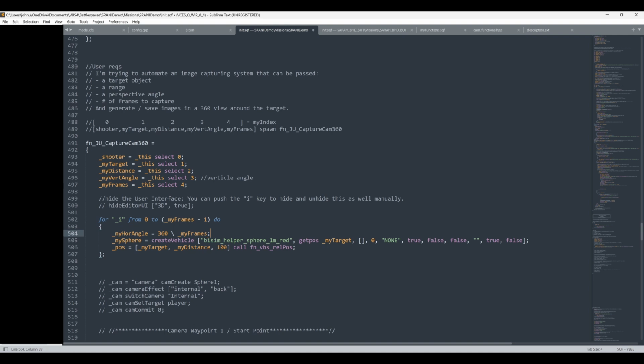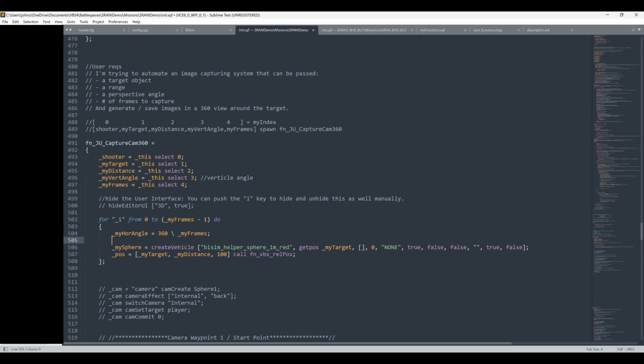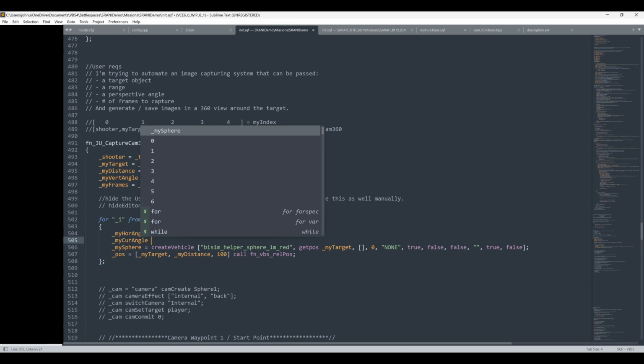So that's not my angle yet, is it? Because that's just going to give me the different angles. So we're going to get 90. My horizontal angle is going to equal 90, right? So what I'm going to need to do is get direction of the target first, and then add my horizontal angle to it each time this runs. So I need another variable called my current angle equals,